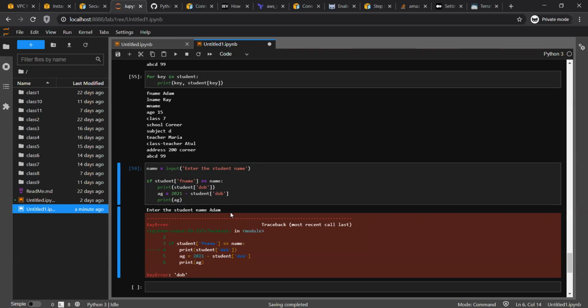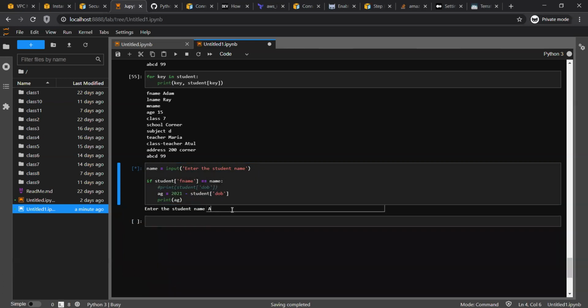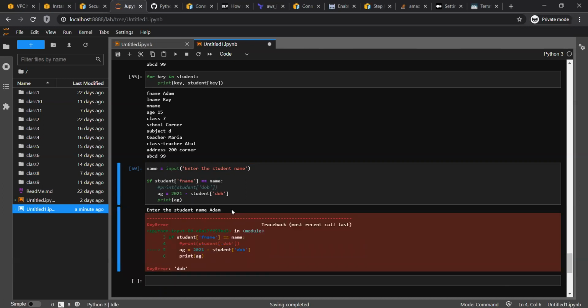In this scenario, when I wanted to give a default value, let's say, suppose I wanted to give one if the key doesn't exist. So let me comment it out and print it again here. So Adam, then also failed. And if you see, Python highlights the line where it failed, right? Because in this section, it is trying to get the DOB of that student, and that DOB doesn't exist for that student. In this scenario, my program broke here, it simply throws me an error. Okay, and I don't want to break my program.